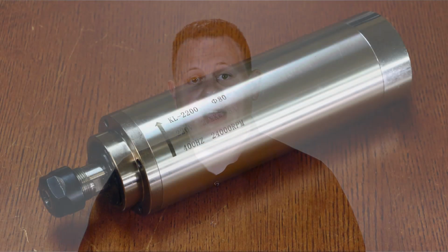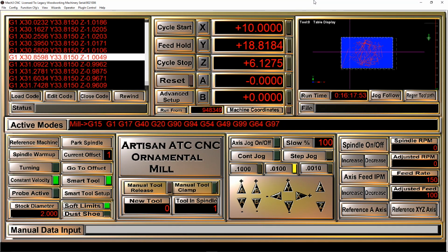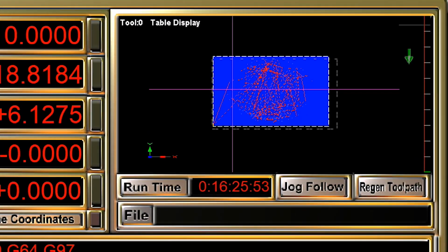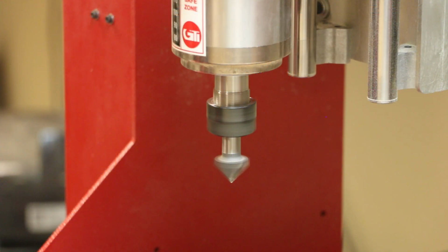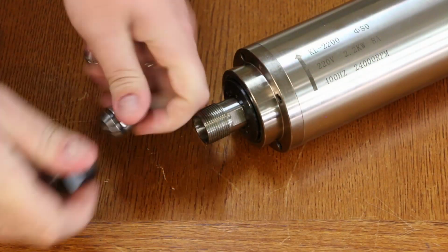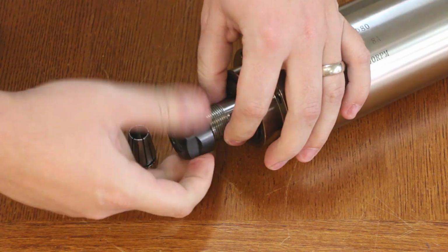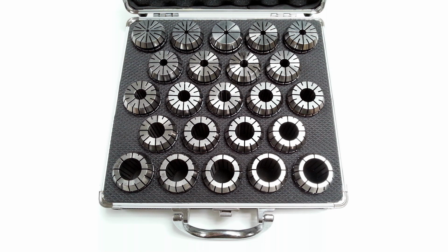Next, each Maverick has a powerful 3 horsepower liquid-cooled spindle. Liquid-cooled spindles allow for nearly unlimited runtimes and can produce faster cuts than typical routers. But everyone's favorite benefit is how quiet the spindle is while in operation. The liquid-cooled spindle has an ER20 collet system that allows you to use cutting tools that range from 1mm to